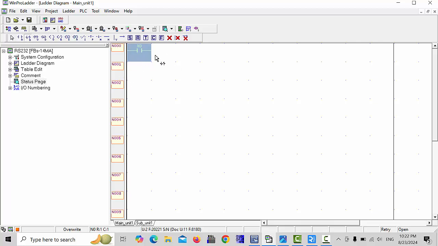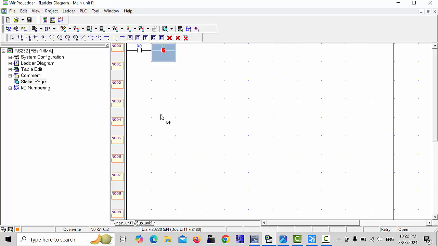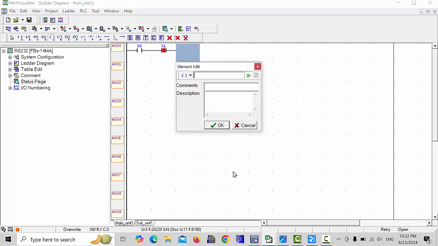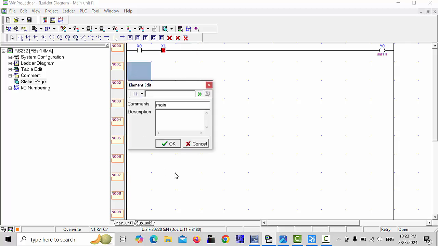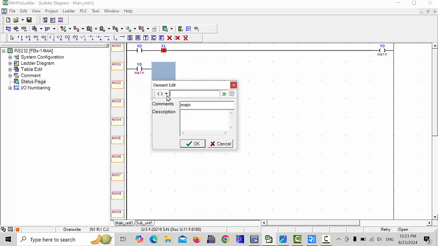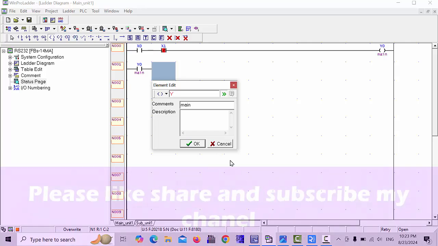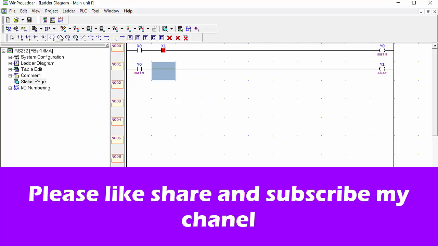And second, we will take the x1 button for the close contact to stop our execution, and one output I will take y0 as a main contactor, and next we will take the open contact of the y0, and we will start one more relay, for example y1 as a star contactor,